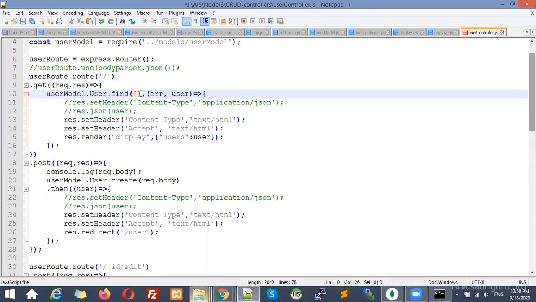After this is executed, what is it going to do? It will render the display file. That means it will call the display.ejs file, and it will also pass one parameter.